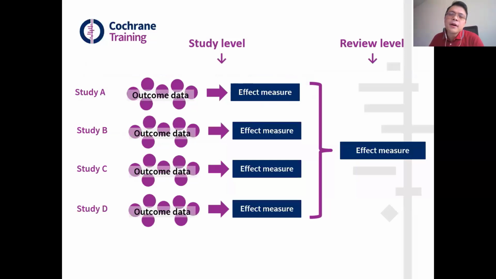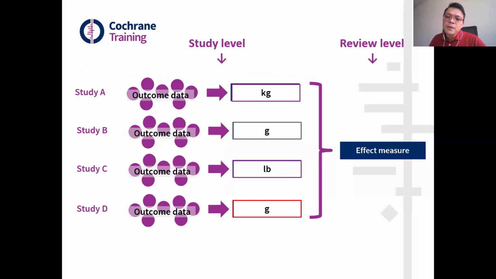Now, what if the studies included in our review use different scales to measure the same underlying concepts? In general, we encounter two scenarios. In the first scenario, the studies use different units of measurement. For example, here we have study A reporting in kilograms, B and D reporting in grams, and study C reporting in pounds. And in this case, it's okay because we know the conversion factor to make the unit